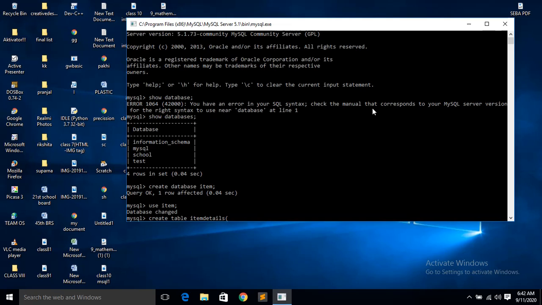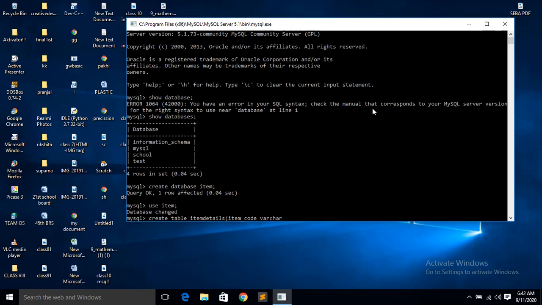First field is item code, so I am writing item underscore code. You can write it like that. Then what will be the data type of the item code? Say I am giving here VARCHAR.